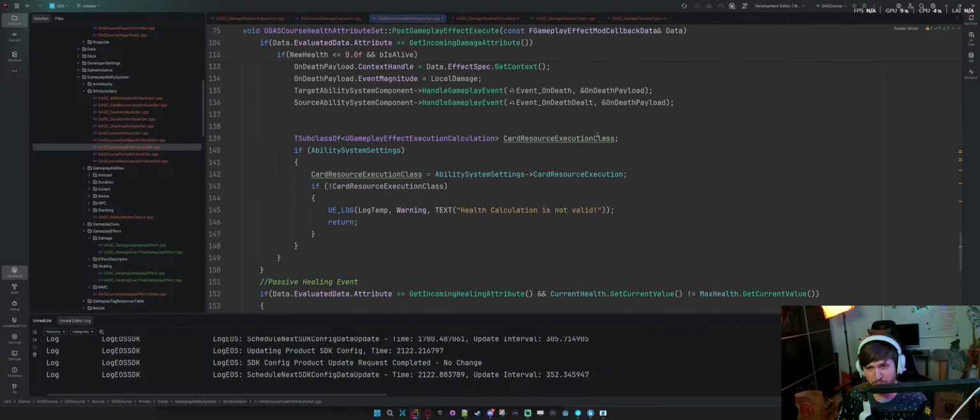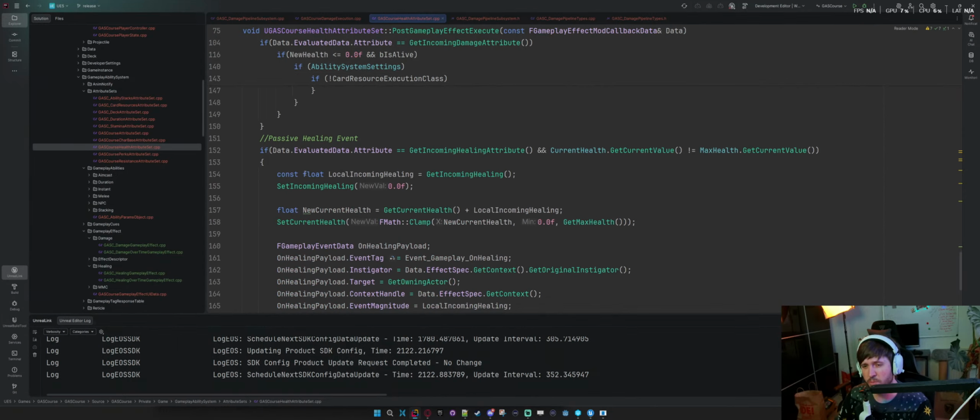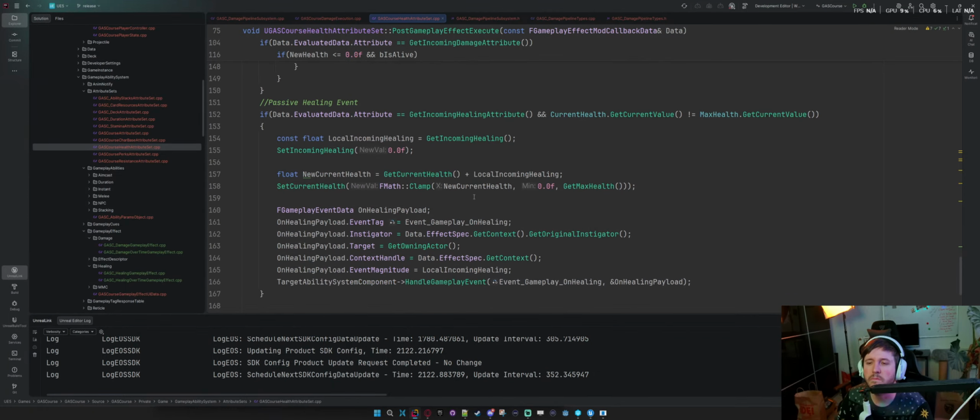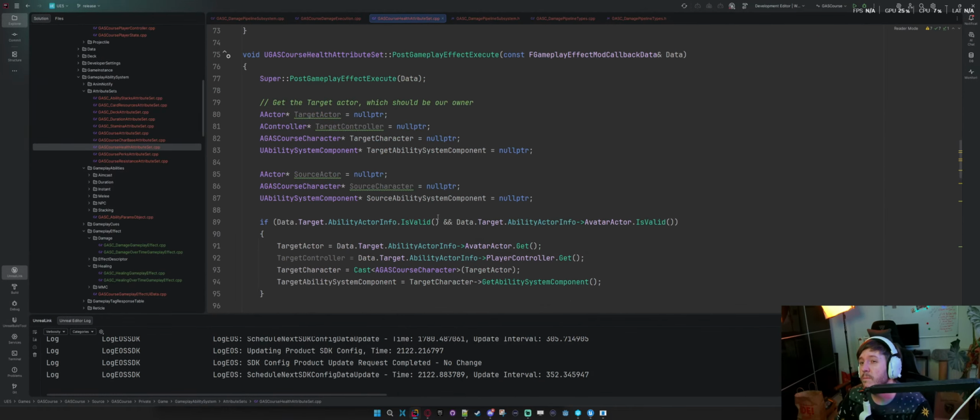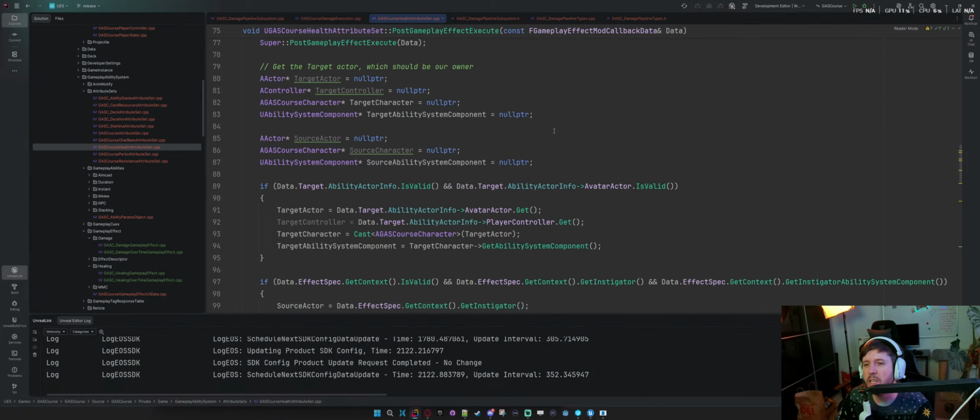So possibly, yeah, and then there's this passive healing event. I actually do a good amount of stuff here. What information do we get? Data.target.